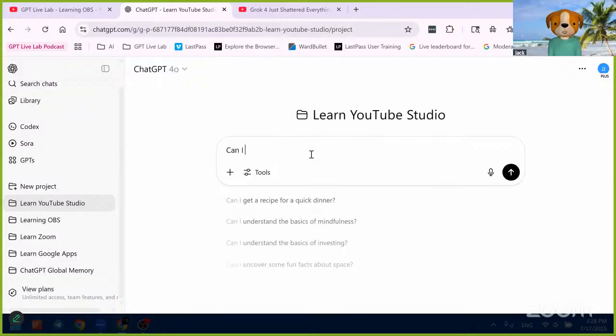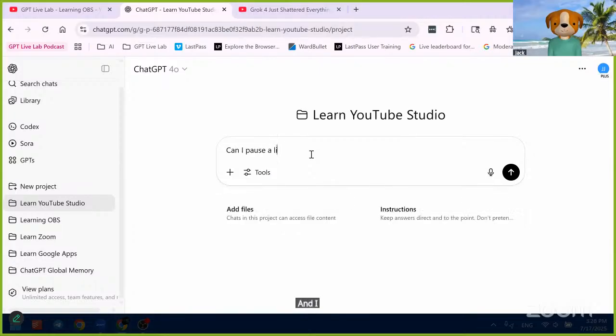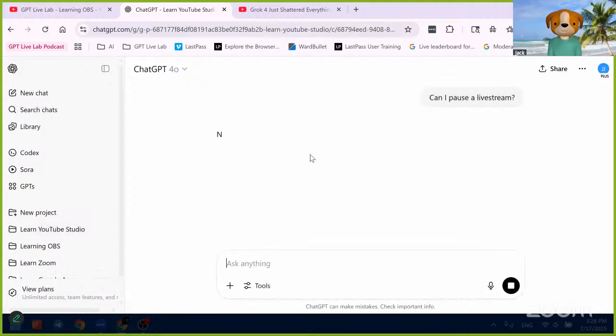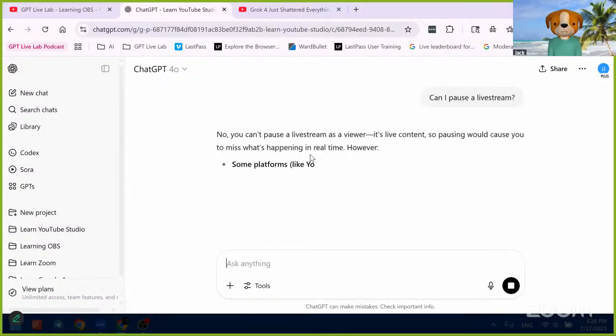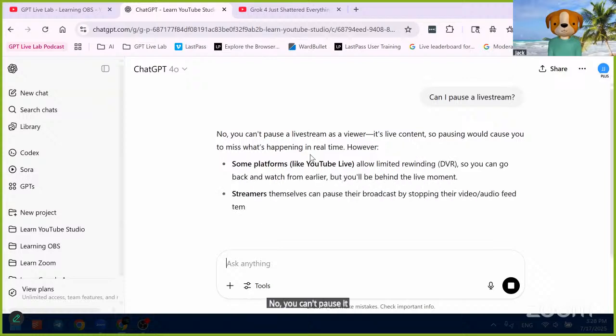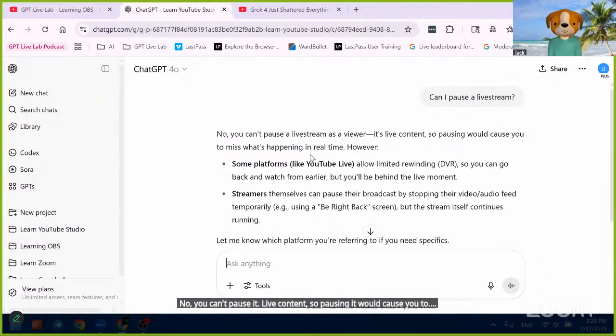Can I pause a live stream? No, you can't pause it. It's live content, so pausing it would cause you to miss what's happening in real time. However,